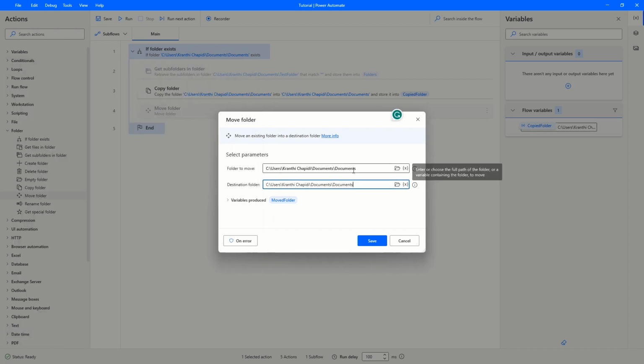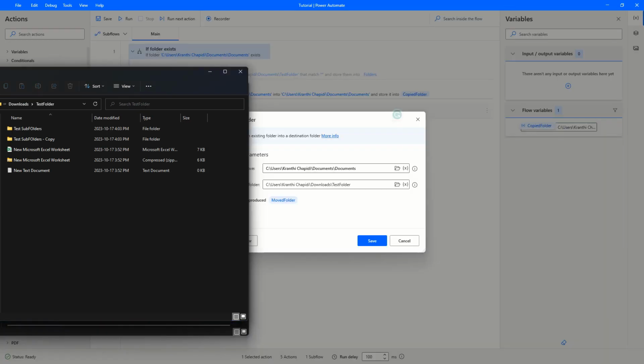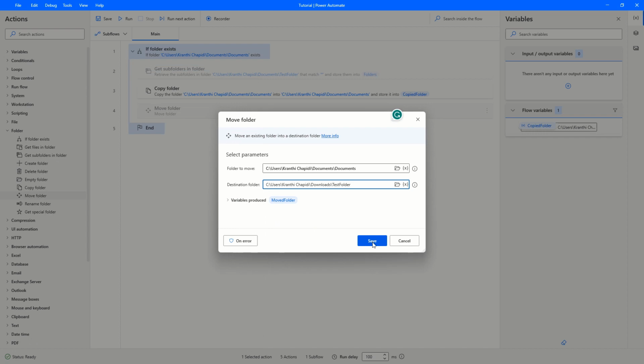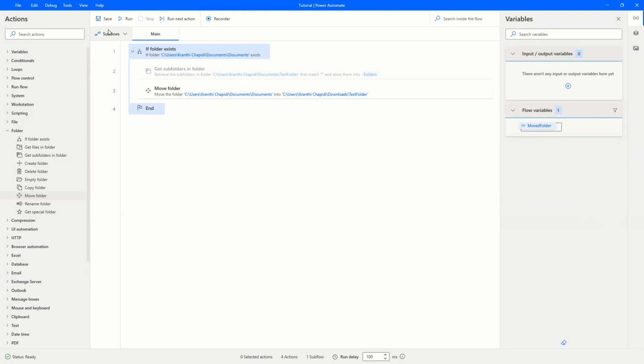I'm going to move this documents folder into this. I'm going to show this one more time just to make sure we don't have that folder. So we don't have a documents folder within downloads. So I'm going to move that documents folder into the test folder in downloads. So save it. I have to delete this and then save, run,